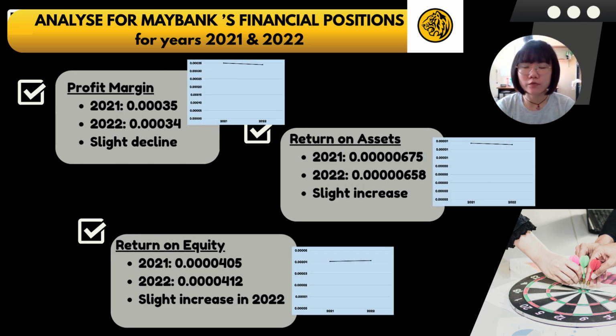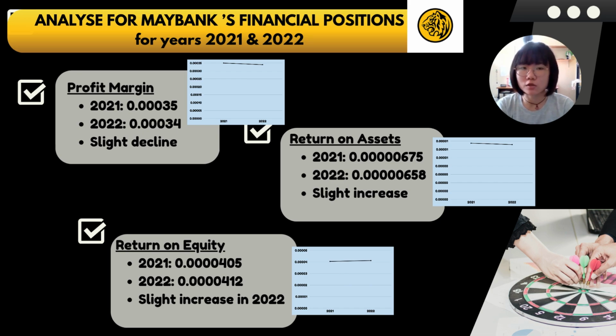The last part is the profitability ratio. Maybank's profitability ratios in percentage form reflect very stable performance between 2021 and 2022. The profit margin experienced a minor dip from 0.035% to 0.034%, indicating a very slight reduction in profit per ringgit of revenue. The return on assets decreased slightly from